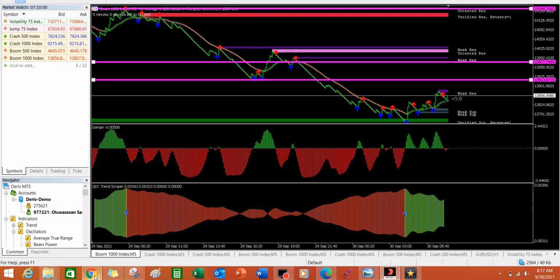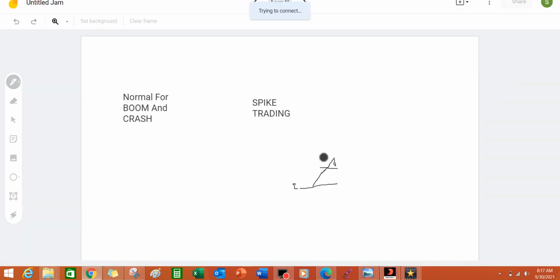So let me quickly go back to the Jamboard again to explain that to us. Okay, let's say this is our entry. Okay, sorry, this Jamboard is not loading again. Okay guys, let's say this is our entry point right here, and the price action is going up. Okay, it is going up, and we introduce our stop loss to somewhere here. It has been adjusted to